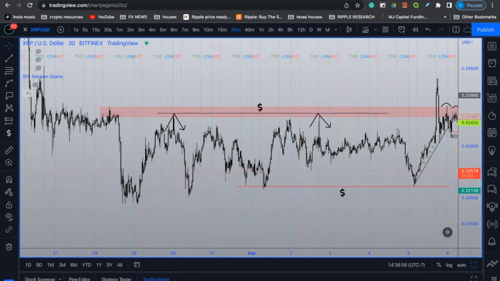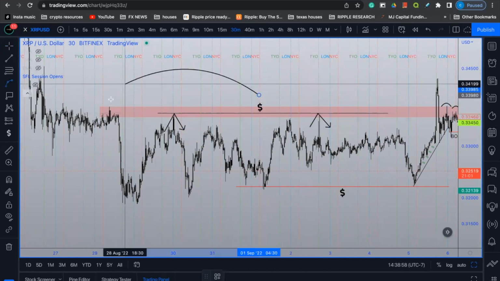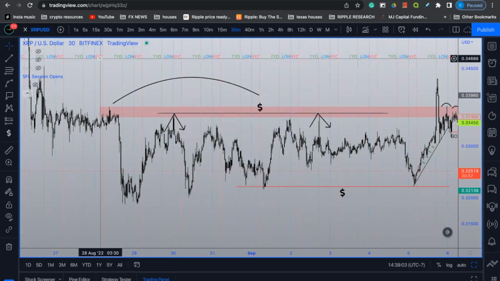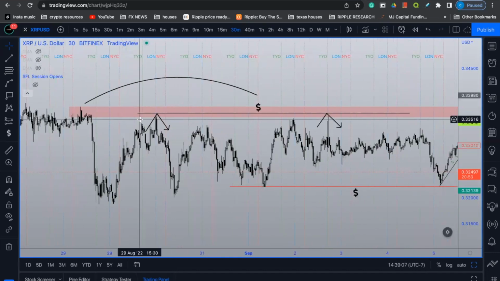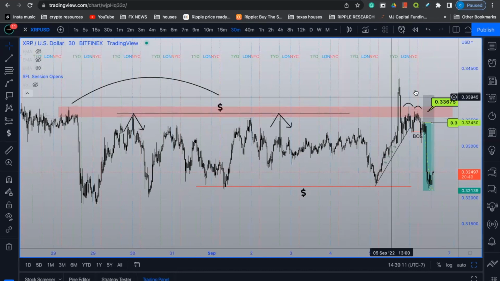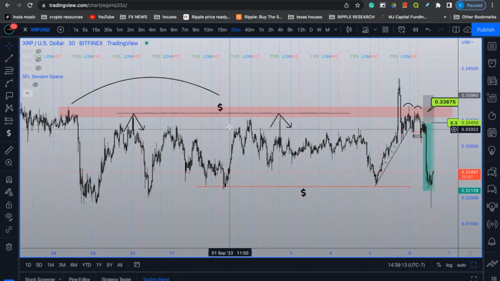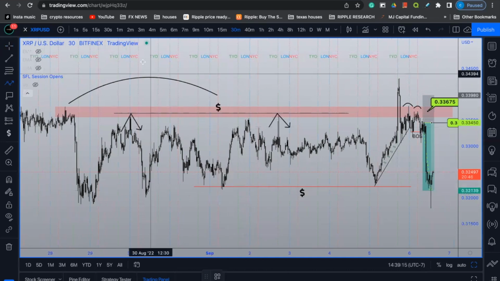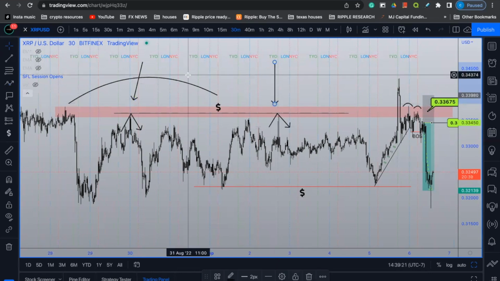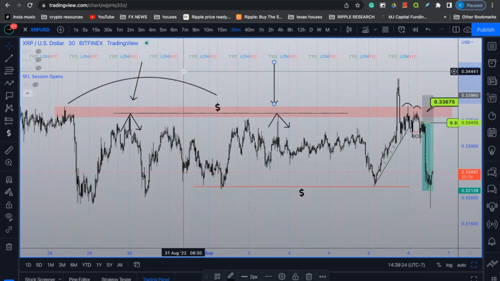Taking your attention over to the left-hand side, you guys can see that there was a high over here in the form of premium where the banking institutions during this New York session on August 28th sold from. So that caught my attention in the form of external liquidity that the market makers during this trading range over here could come to seek to attack in the form of retail resistance traders selling from these highs in the form of double top formations. If you guys don't know retail methodology trading patterns, go read about them on baby pips and then do everything in your power to trade against them.